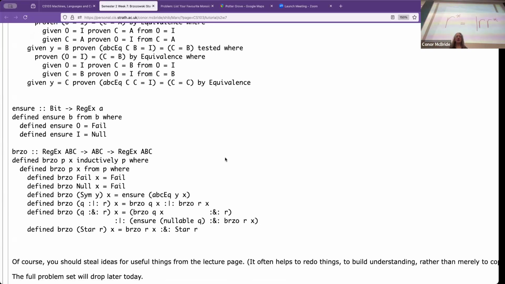And then Brzozowski, this is published in a paper from 1964, and I actually have a hard copy of it from the original journal because the department was throwing it out. I stole it. Right. So